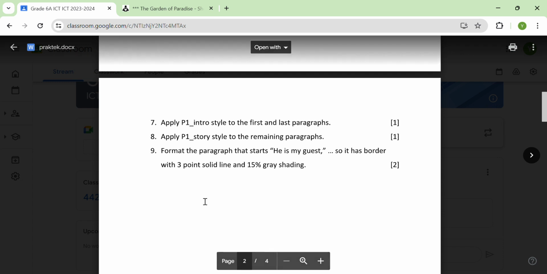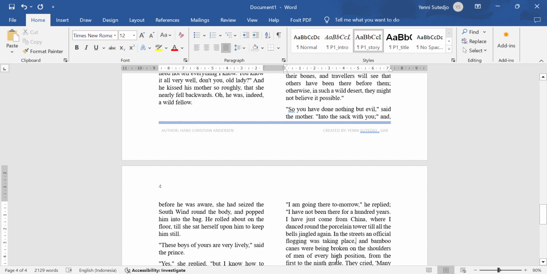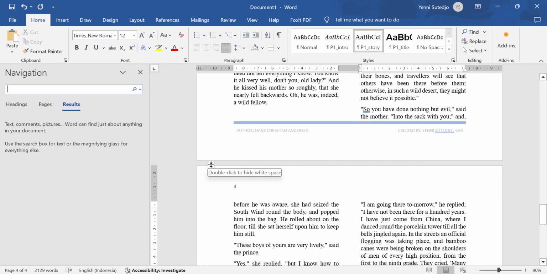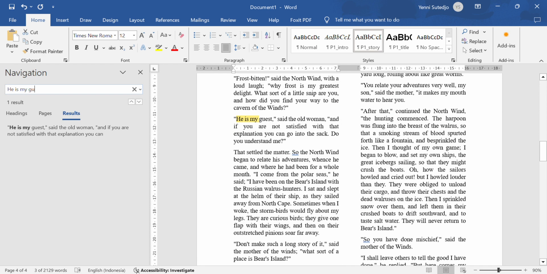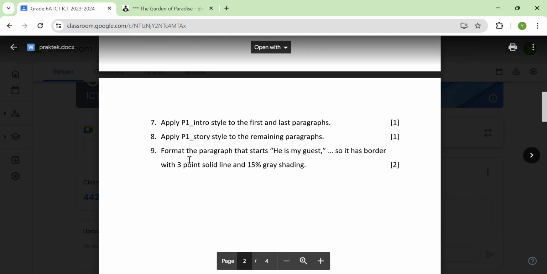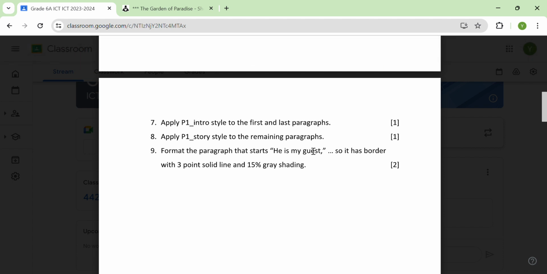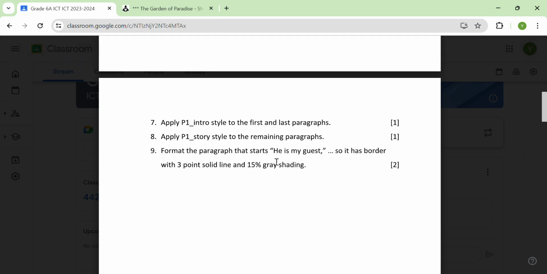And the last one, format the paragraph that starts He is my guest. How to find that one? You can press Ctrl F to find, and then you type he is my guest. Okay, we already have that. So you can click on this one and close it. Then what does it say? Format the paragraph that starts He is my guest, so it has border with 3-point solid line and 15% gray